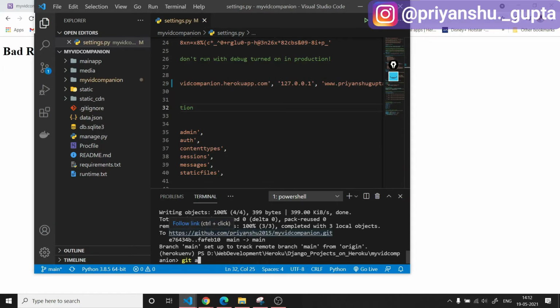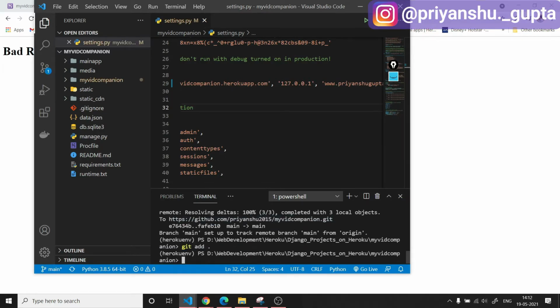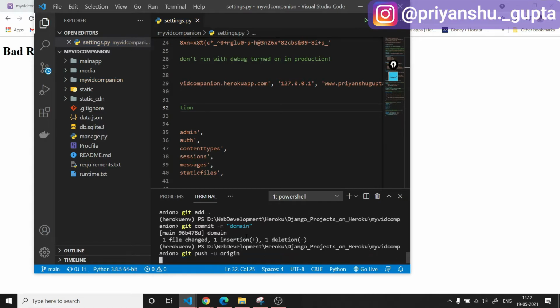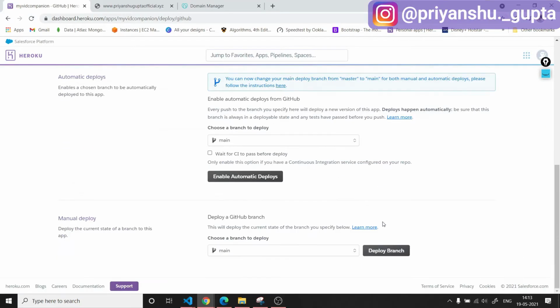Then git add ., git commit -m domain, git push -u origin. Let's click on deploy here, then deploy a branch.